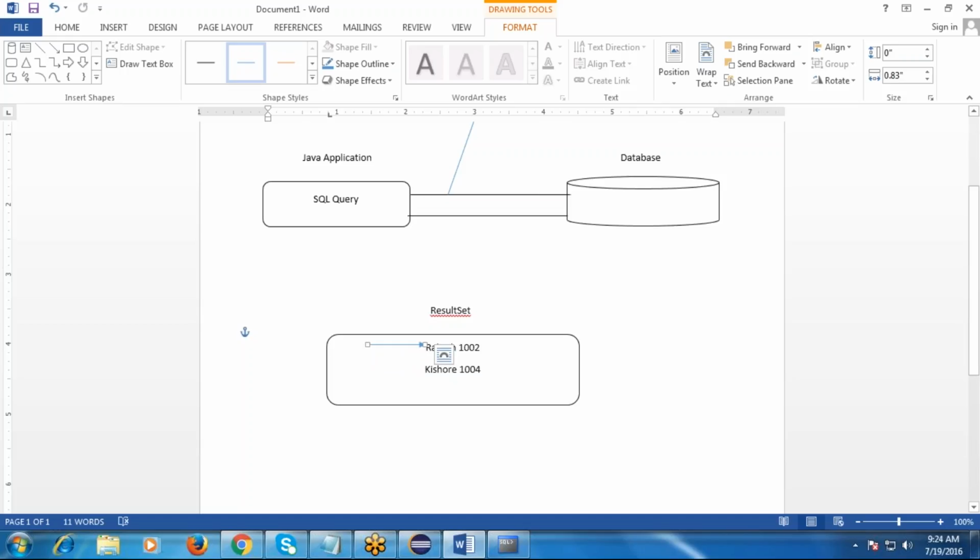Like that, we must relocate the cursor from bottom to top, top to bottom and bottom to